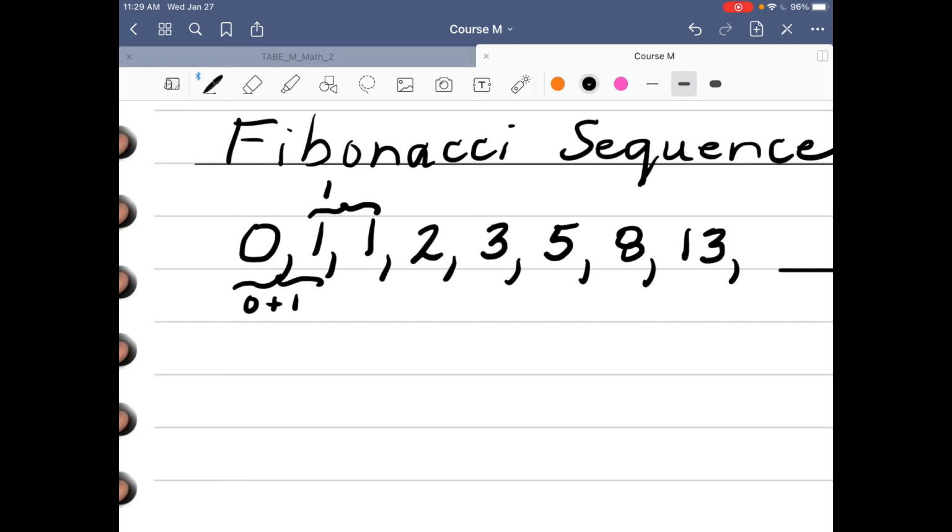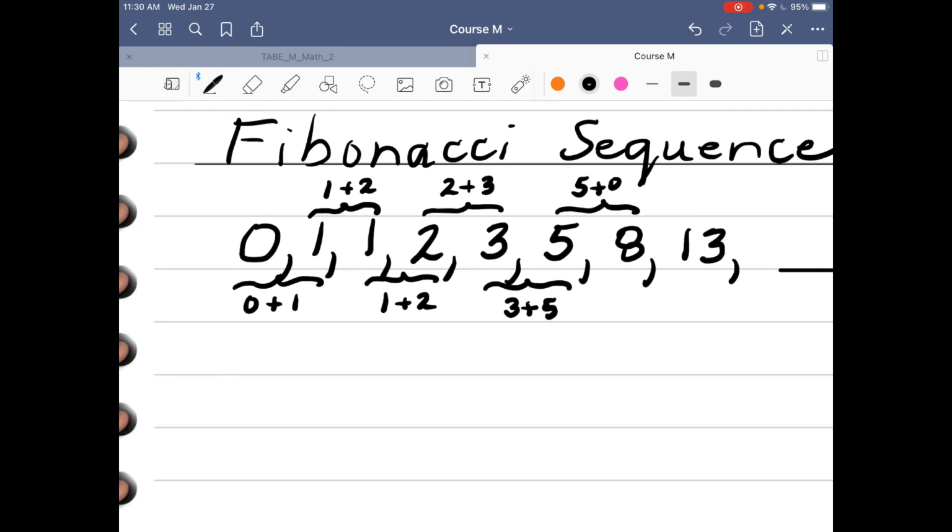1 plus 1 is 2. 1 plus 2 is 3. 2 plus 3 is 5. 3 plus 5 is 8. 5 plus 8 is 13. 8 plus 13